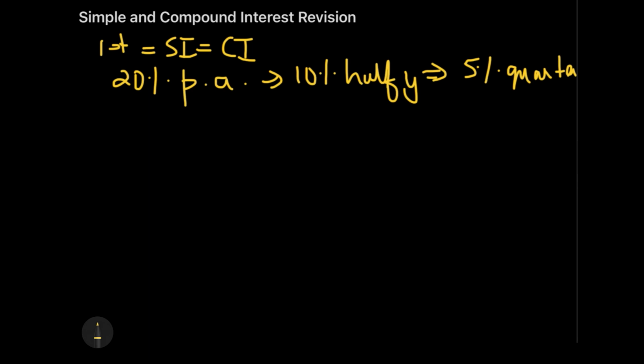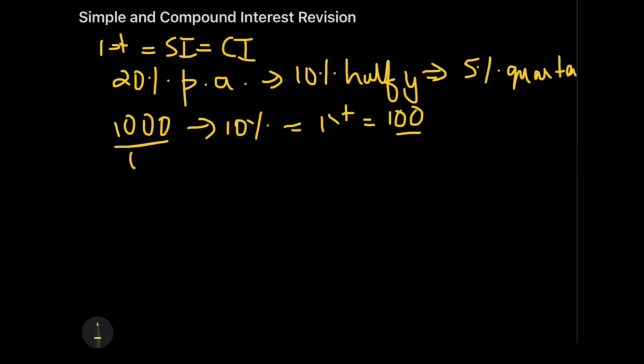Now the SI remains constant every year, we know this, but the CI is the interest on the interest. I'm not writing it down, just telling it orally that the CI is interest upon interest. So, what is interest upon interest? For an idea, if you have 1000 rupees and your rate of interest is 10%, then for the first year you would get 100 rupees as the interest, and in the next year this 100 rupees will be added to your principal amount, making it 1100, and then when you compound 10% on it, it gives you the second year's interest as 110.